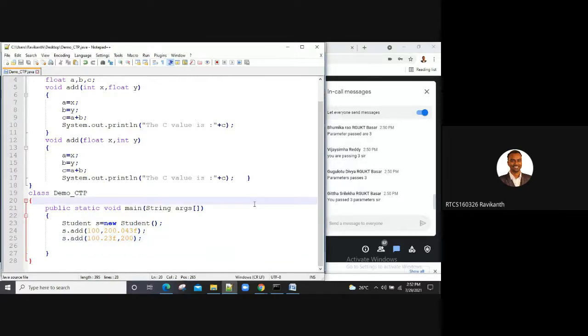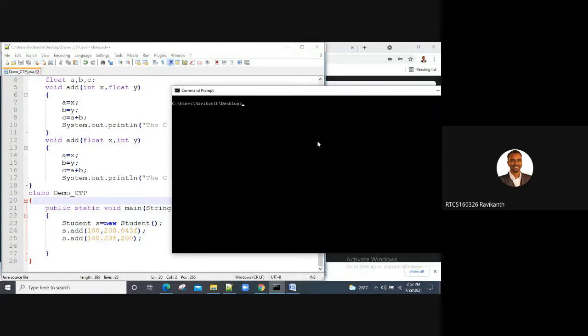Let me save my program. Perfect. First time when I pass integer, float, it will call void add of int, float method. Then the second time, s.add of 100.23, a float value, then an integer value.